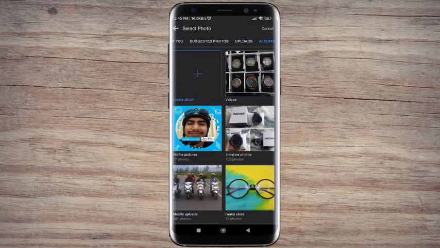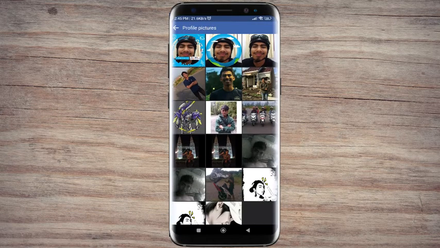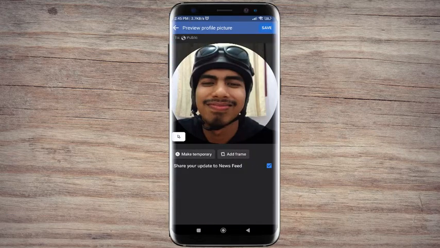Step 4. Choose profile picture album. Step 5. Select your previous profile picture without frame. Don't forget to uncheck this box if you do not want to share this activity to your feed and click